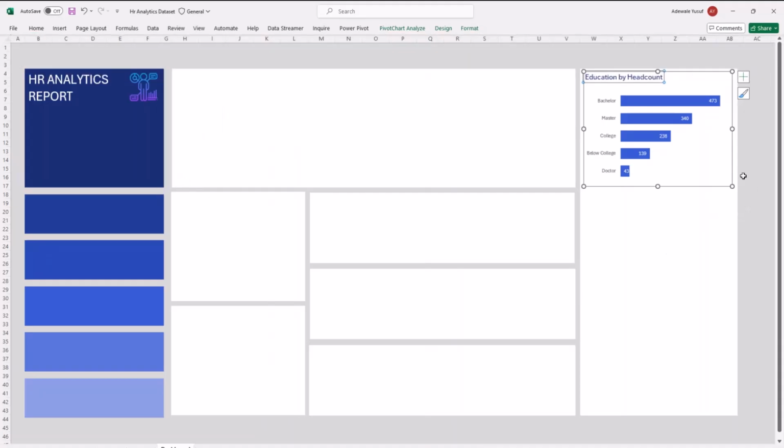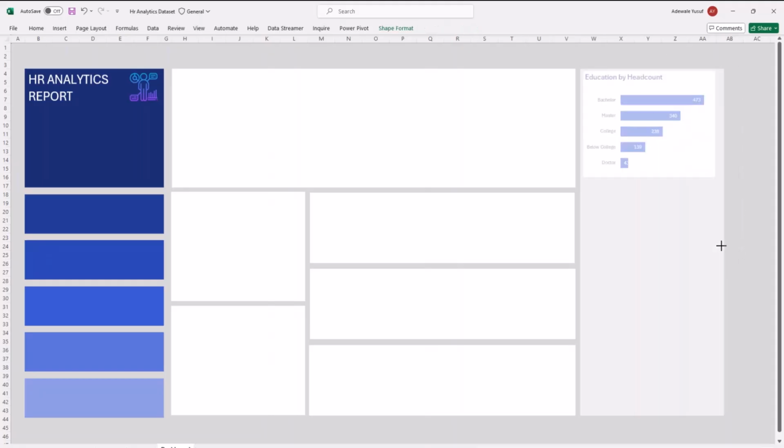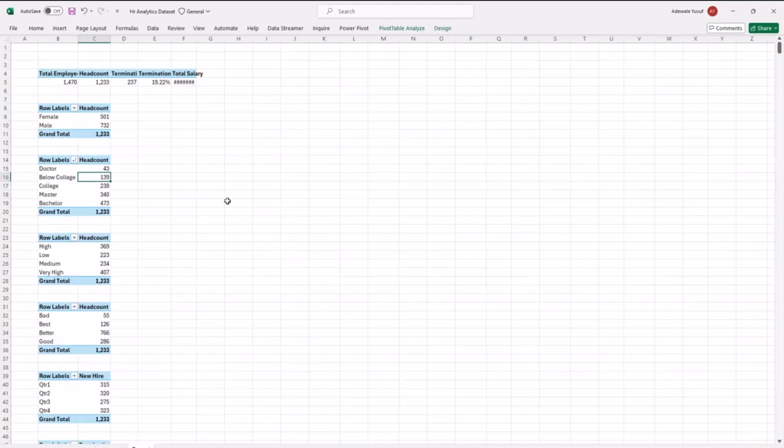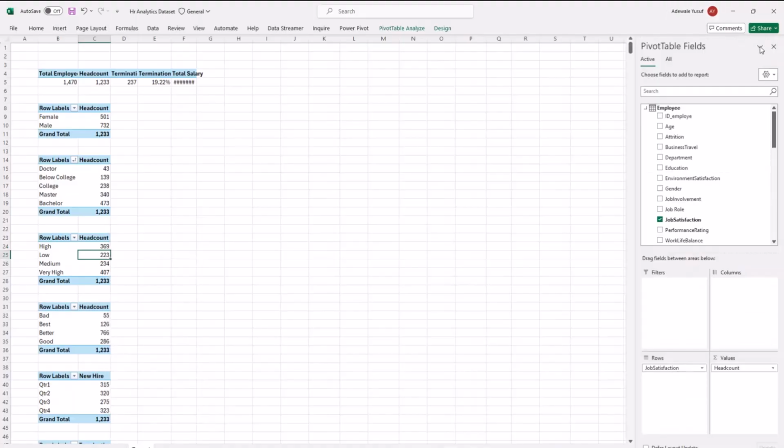Okay, so this makes sense because I want 3 charts basically here, so I can reduce it a bit more so that it can accommodate the other chart. Let me reduce this more, and even maybe I can reduce this shape more as well, because there's still a space. I can also increase this one as well, to make it bigger. Now the next one I want to create is the one that is talking about, I think, the job satisfaction level. So let me see. Yeah, that's the job satisfaction.